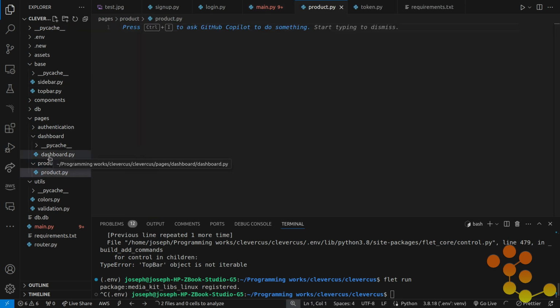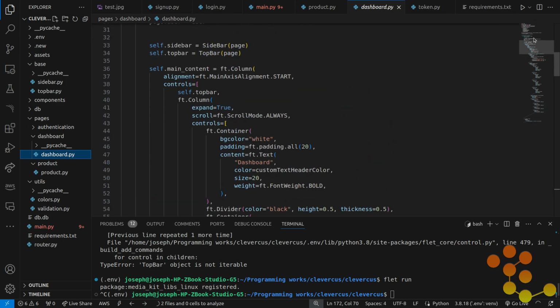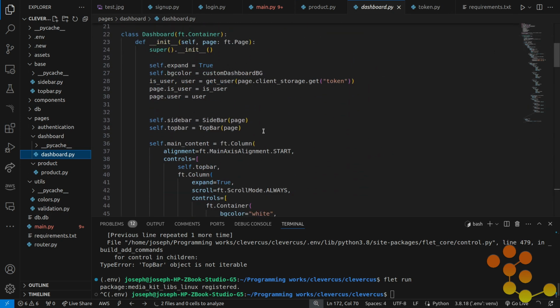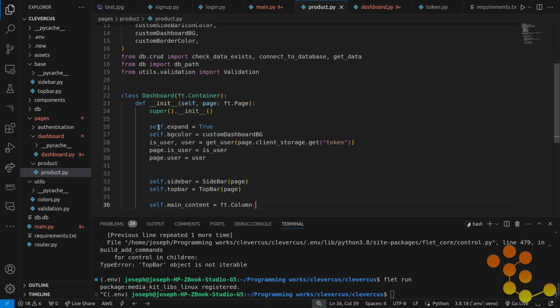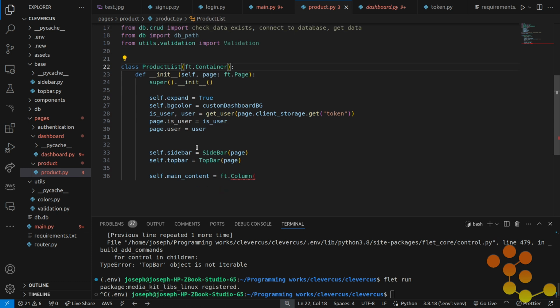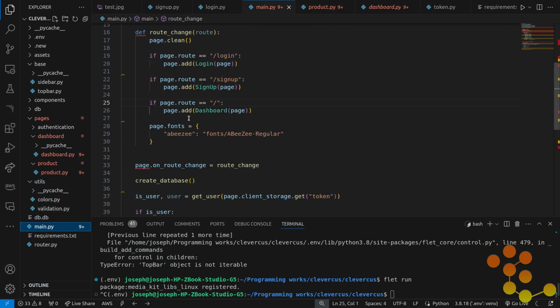Let's shorten things up and just copy here and paste it here. So we are going to change this to product list. And let's confirm if everything is right. Let's add our column. So let's not forget to add it also to our